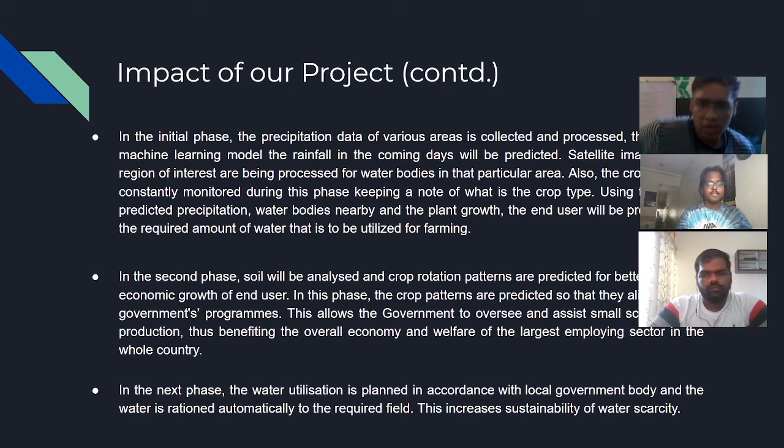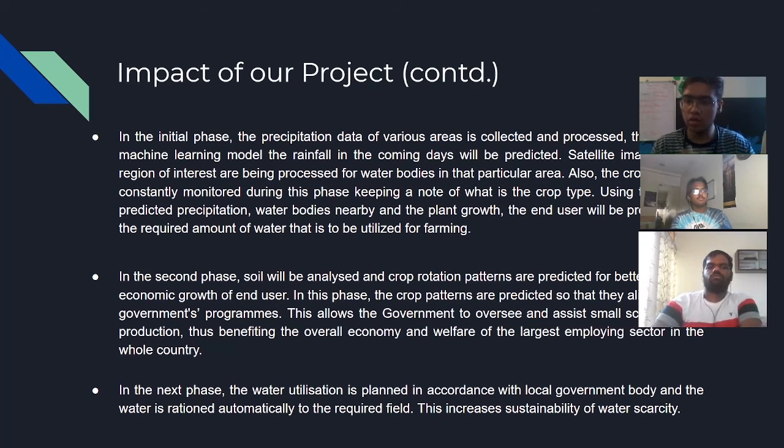Right. So we've already explained how the whole process works with phase one, phase two, phase three. The idea being that you're not only going to talk about predictive analysis in terms of weather patterns, but you're also talking about feedback loops in terms of soil analysis. So you are providing feedback prior to the agriculture, you are providing feedback during the agriculture, and obviously at the end of the harvest, you can talk about essentially like a report card as to how things have gone,